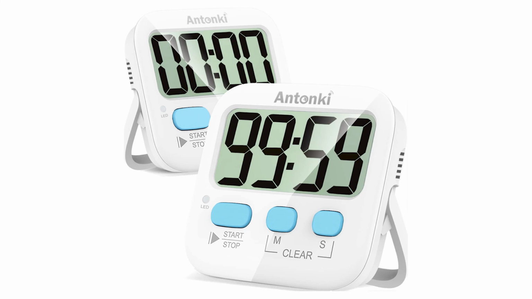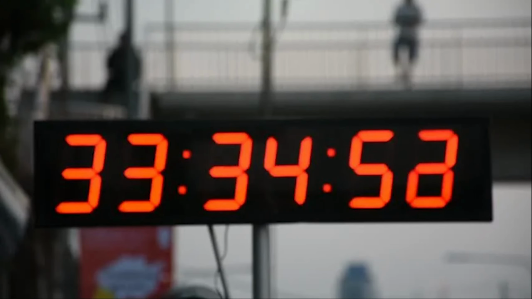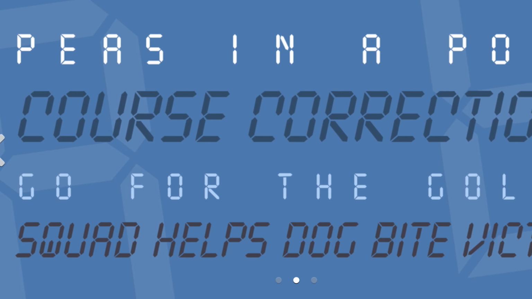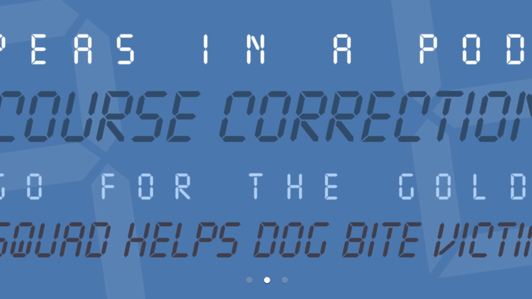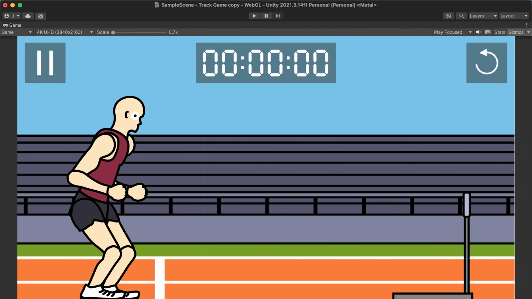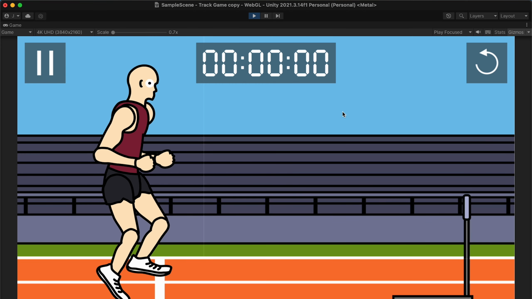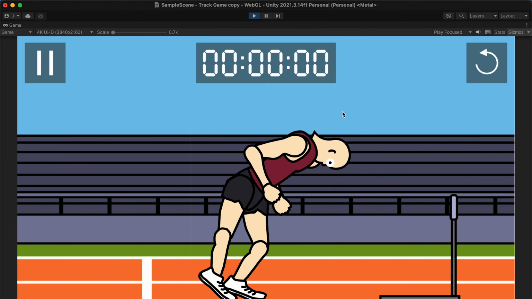First up was a timer. I wanted a timer in the top of the screen, reminiscent of all the 7 segment timers that you see at a bunch of track meets. I looked up some different fonts online until I found one that just screamed track timer and downloaded it. This fit perfectly in the top of my screen, along with the pause and restart button that I put beside it. The clean look of the UI looked really nice in game, so I decided to press forward.